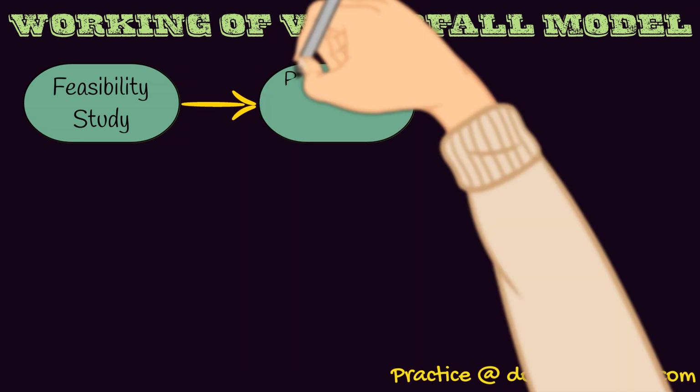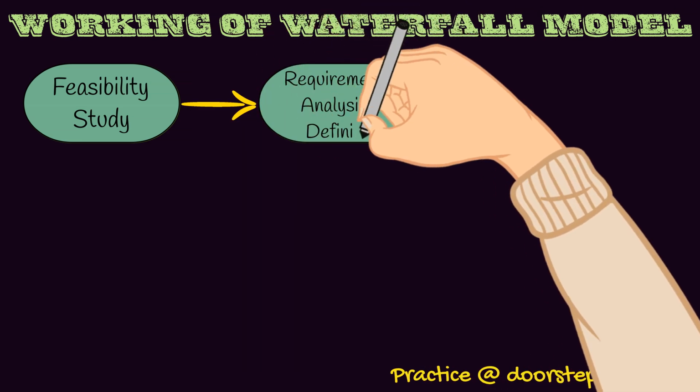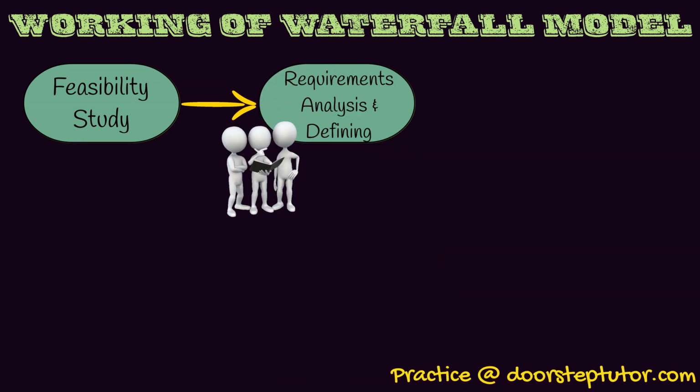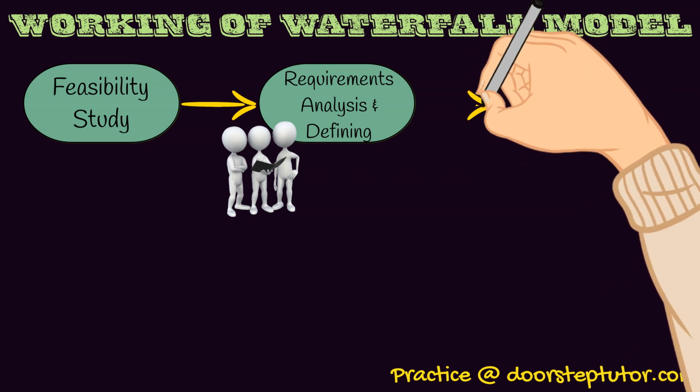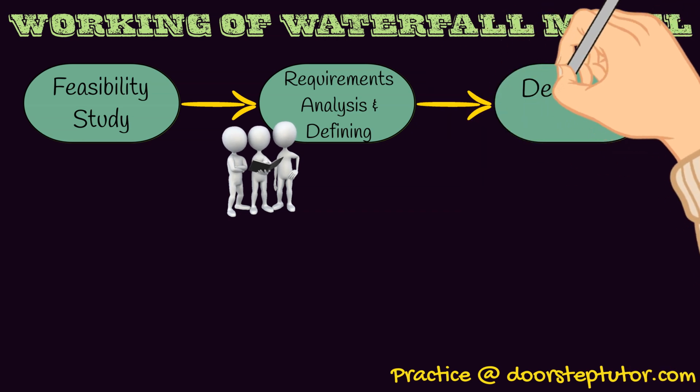The next step is requirement analysis and designing. This is the second step, where we need to analyze the requirements of the customer. We have to note all the requirements of the customer on paper, so that we can form an SRS, that is the software requirement specification. It means that we are just writing down all the requirements of the customer in a document, so that we can have a proper report or documentation. After analysis of the requirements, then only we will move to the next phase, that is the designing phase.